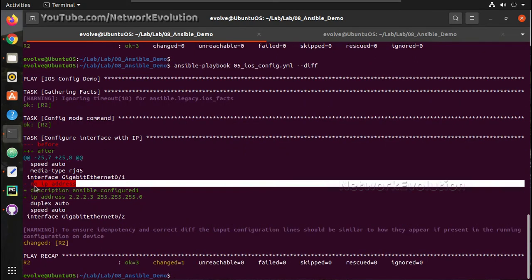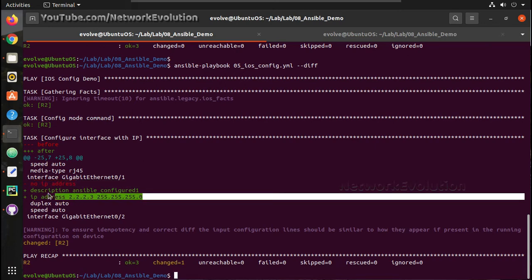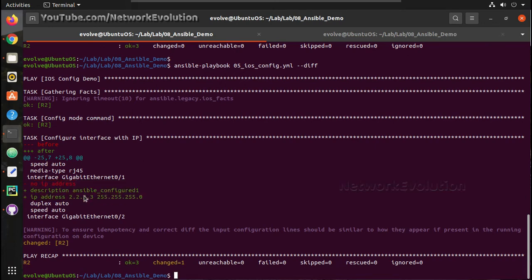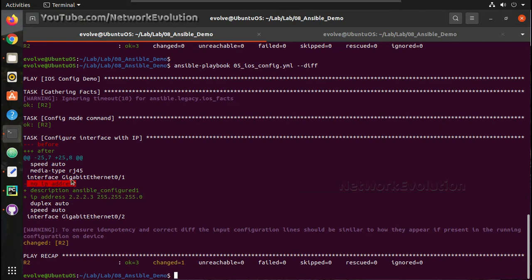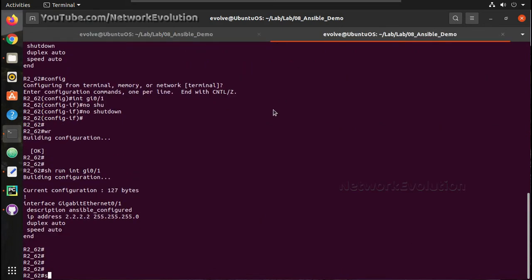Here you can see it is changing the configuration, so it is doing a difference against the startup config. Startup doesn't have any IP. We can verify that here.